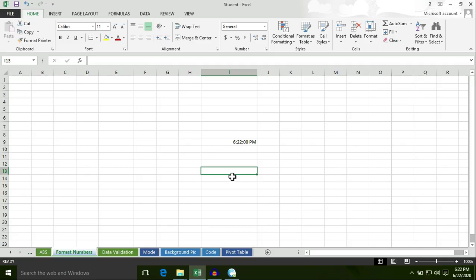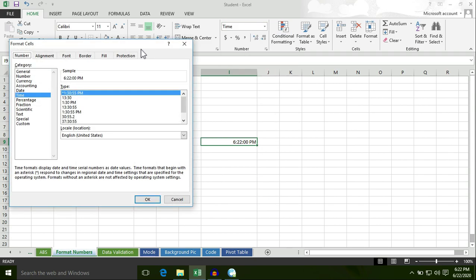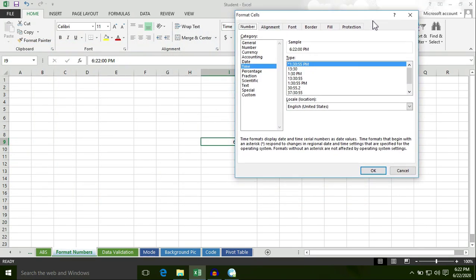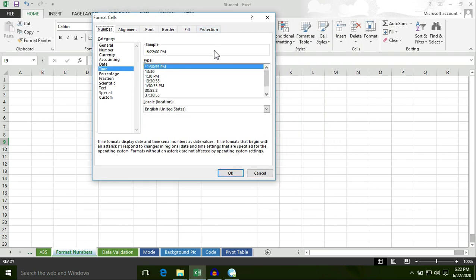You can also apply different formats to this time. Just select the cell, click on the drop down button, then select more number formats. So we have a format cells dialog box here. Under it the time option is selected, and I have different formats here. I'm going to choose a format from these.